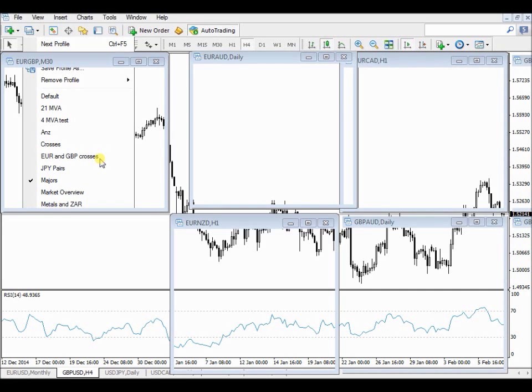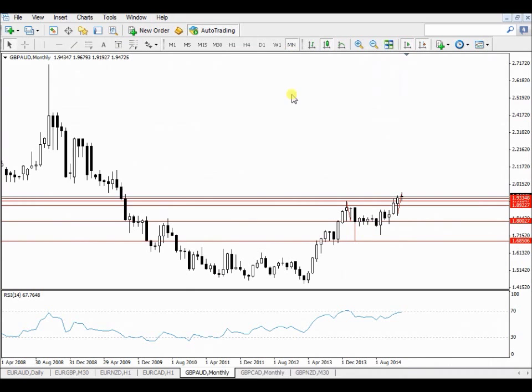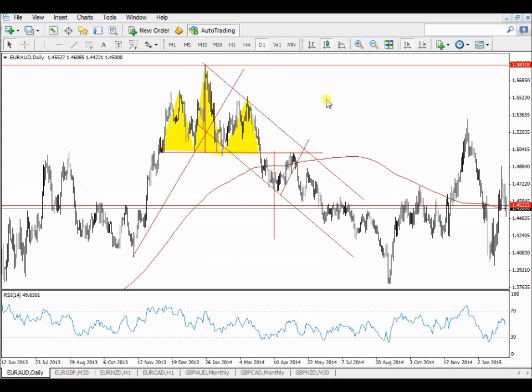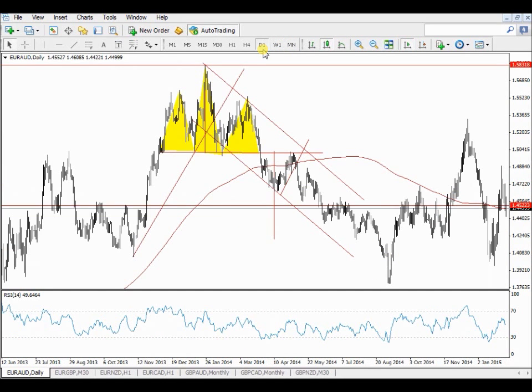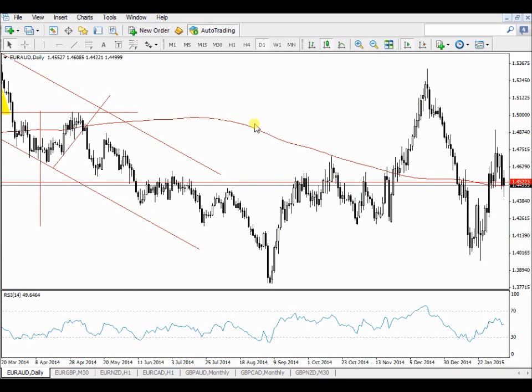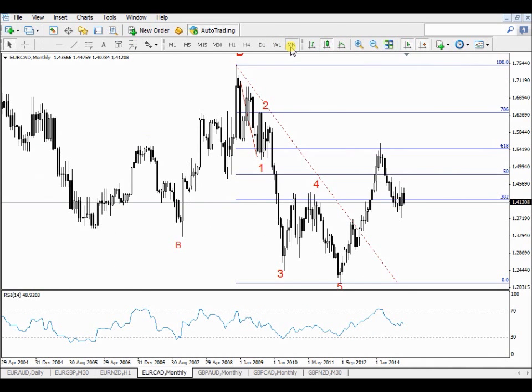To show you how you can use it. I'm not even going to do Fibonacci. Fibonacci I will do in some other lesson. This is just basic information, basic trading rules, guys. Fibonacci is a bit more advanced. I'm not doing it for this lesson. And I'm looking for a specific trade. Alright, here's one.